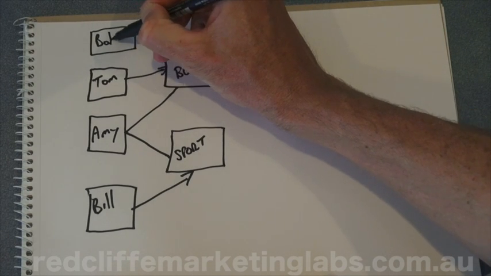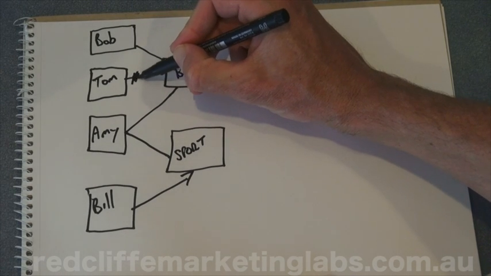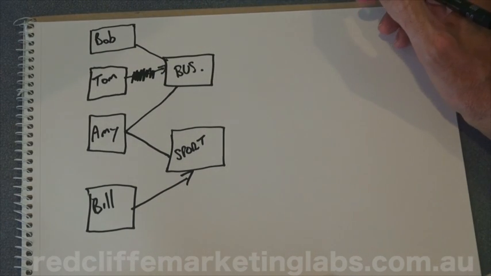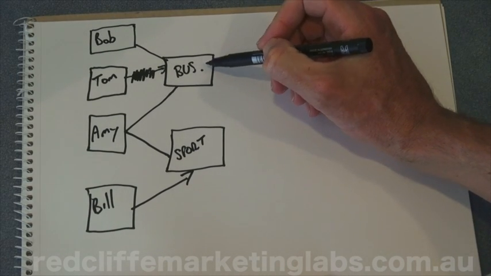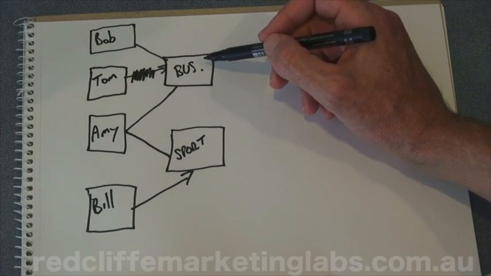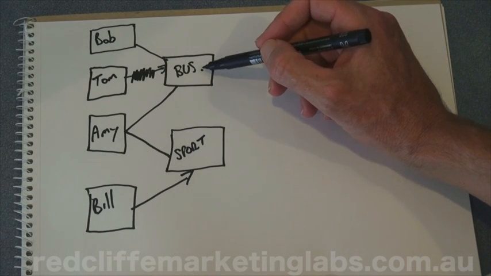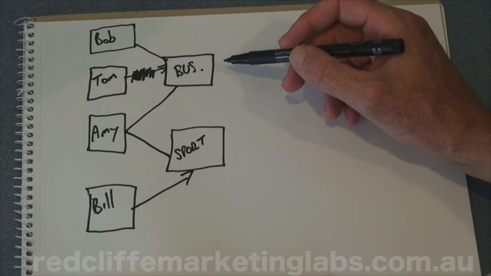It might be Bob. Bob can be granted access to the page, and then Tom can remove himself and go on with his life separate to that business. And the business page lives on. And all the hard work and, I guess, the capital gone into the business page can then be transferred to the new owner, and it continues with the business.